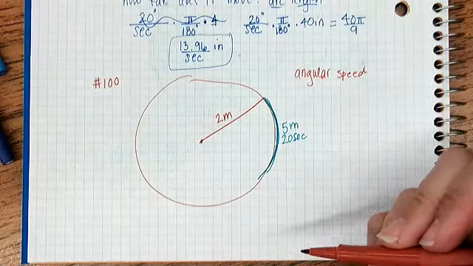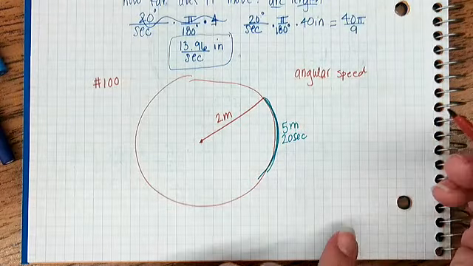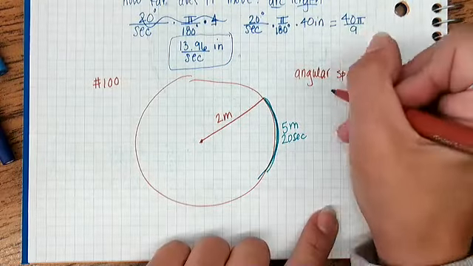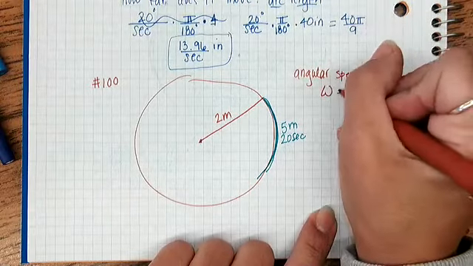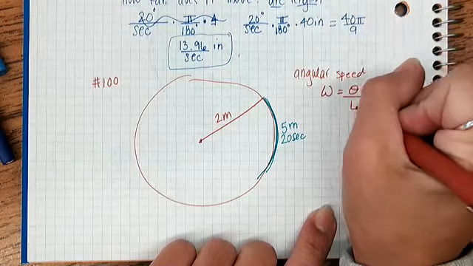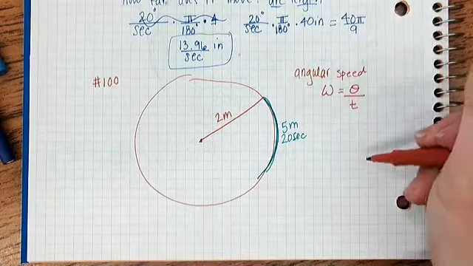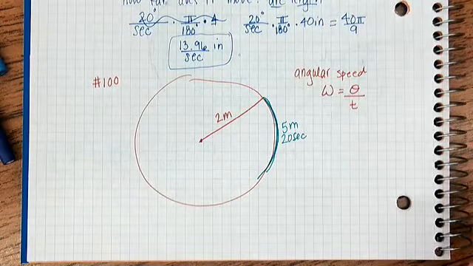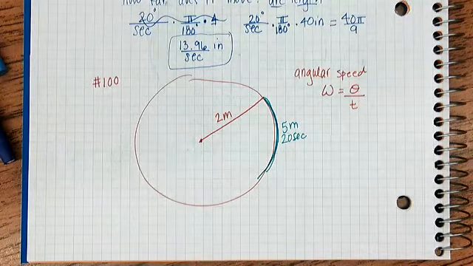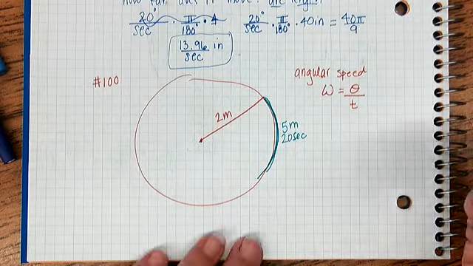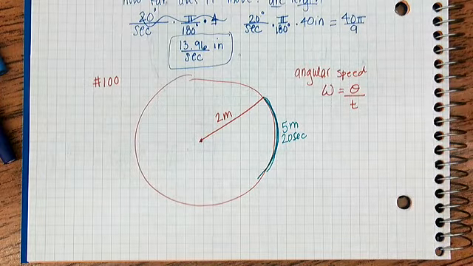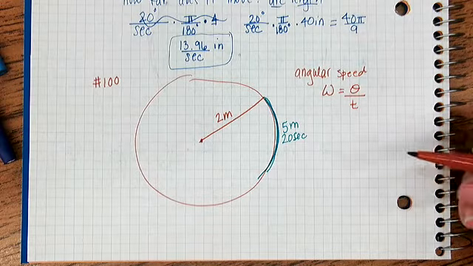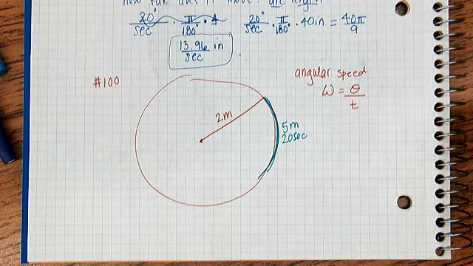Angular speed, how fast is it rotating? So this is going to be, nope, that's linear. Oh no, that's right, sorry. The speed is going to be equal to theta over time. So first I need to find theta. I know that time is 20 seconds. But to find out the measure of angle theta,